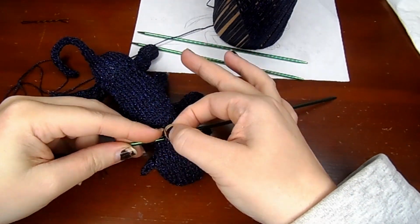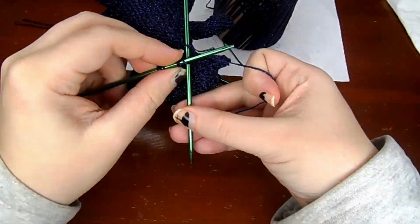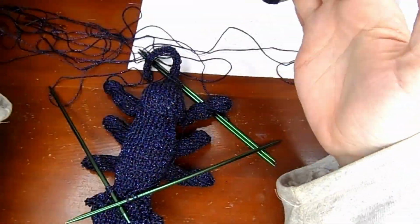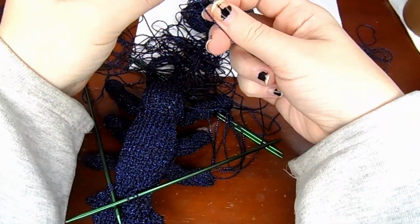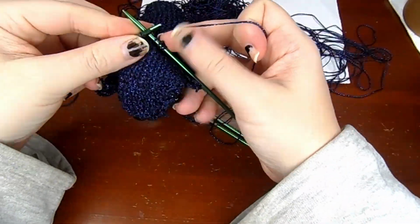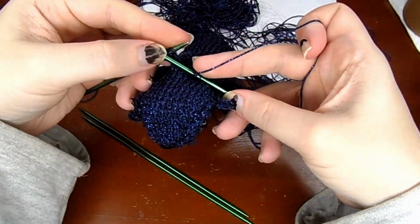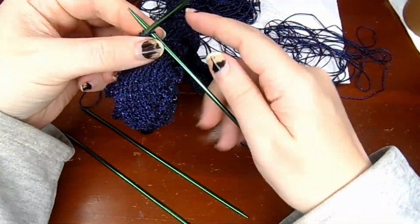And here I'm also using a particular technique because I wanted to make sure that I got these two tentacles the same, which means that I have to work them both at the same time and I have to play double-ended yarn chicken. Find the other end and work both sides of the yarn towards the middle. This has been the easiest way that I've been able to manage to get two pieces that are the same,